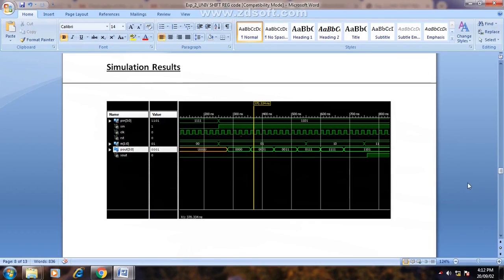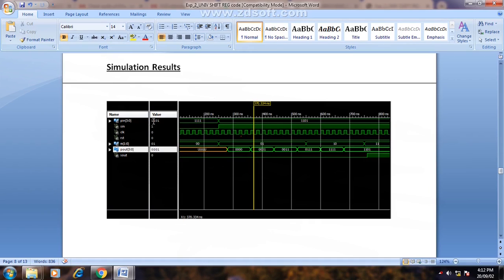So here you can see various modes: when mode is 00, when mode is 01, when mode is 10, and when mode is 11. What kind of inputs and outputs you observe over here, that we need to see. Now here you can see the marker is at the 01 position. So in the 01 position, you can see what the inputs and outputs are.